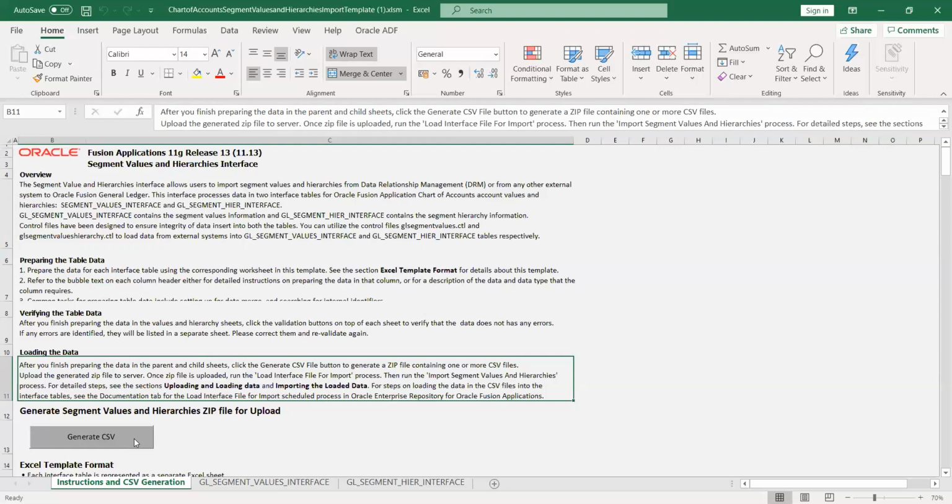While running the report to import these values, we will pick the CSV file and attach an import program, so that the data will be moved from our local drive to our interface table through UCM, and from there it is moved to the base table. This process happens behind the screen. We will see how each process happens.